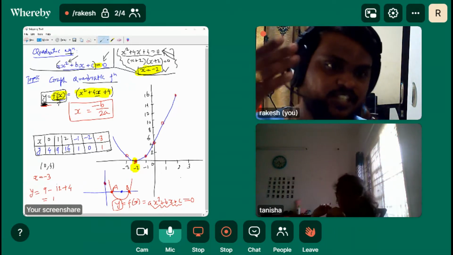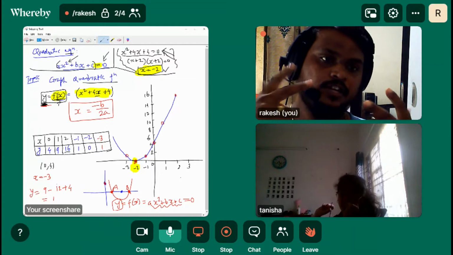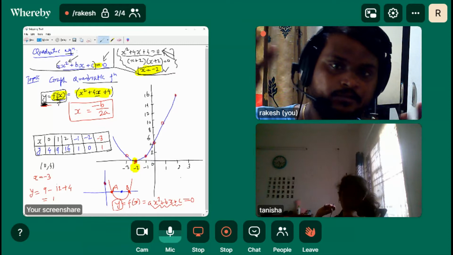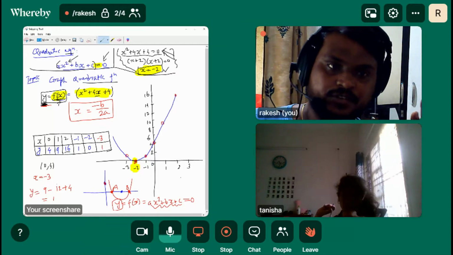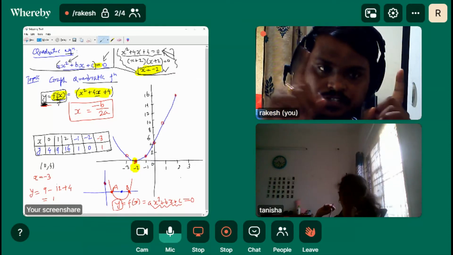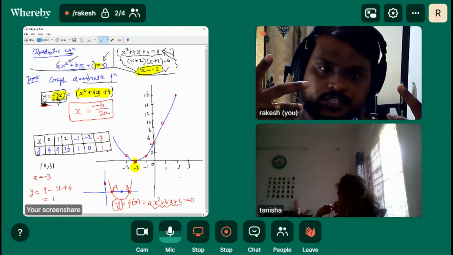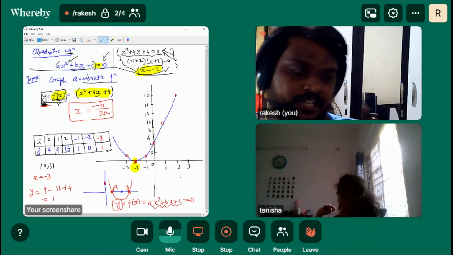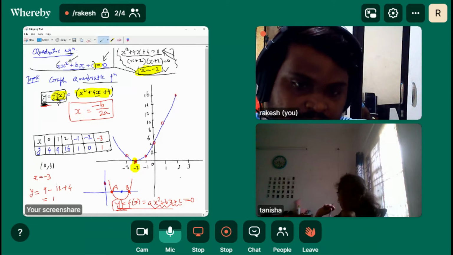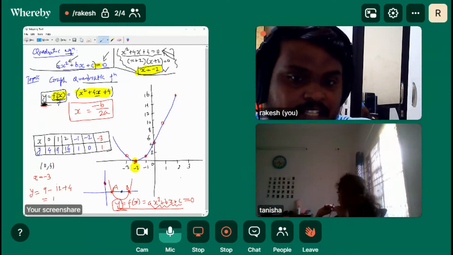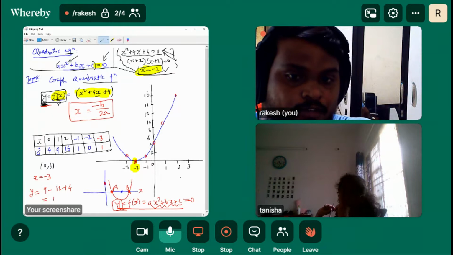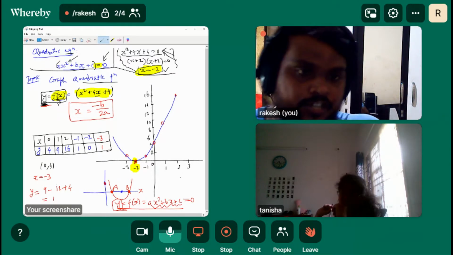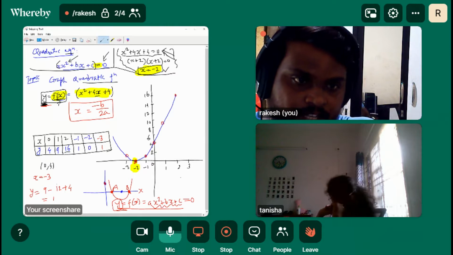Are you getting it? I'm just relating two things here. One is solving quadratic equation that we have already learned. That's why I'm dragging that into our picture right now. So solving quadratic equation is basically, if you draw that quadratic equation considering as a function of y like this, it will definitely intersect the x-axis at 2 points. That's why we always get two values of the quadratic solution. Are you getting that?